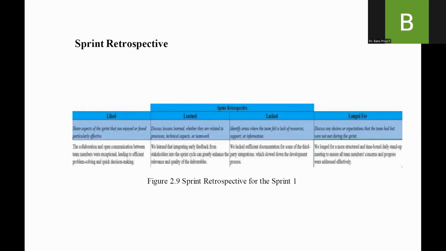So this sprint retrospective is nothing but what? Here we will be seeing what went well, what went wrong, and where the gaps are, and how we should fill the gaps. So this is called a sprint retrospective, right? So finally, a sprint will be over only after a sprint review and a sprint retrospective review. This complete thing can be tracked using MS Planner.